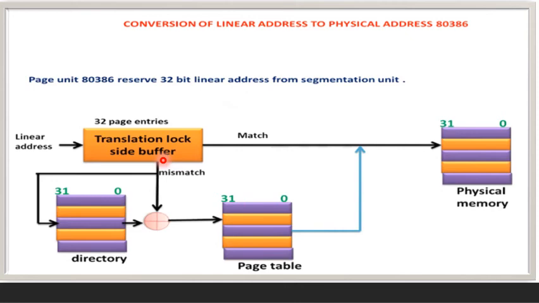If P is equal to 1 in the page table entry, it is confirmed that the page is available in the memory. After that, the 80386 processor updates the A and D bits and accesses the page. Then the upper 20 bits of the linear address will be read from the page table and stored in the translation look-aside buffer for future access. If P is equal to 0, the processor generates a page fault exception to indicate the page protection rules are violated.